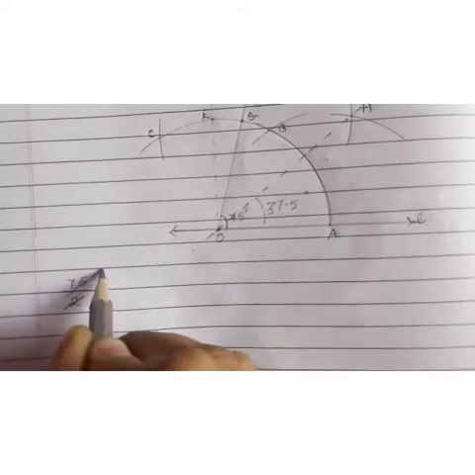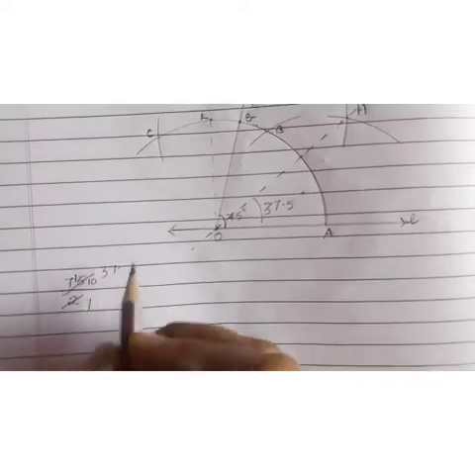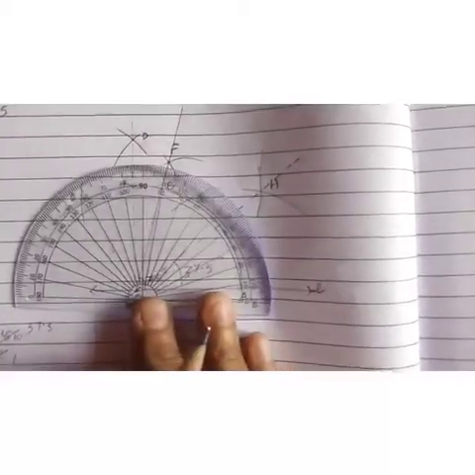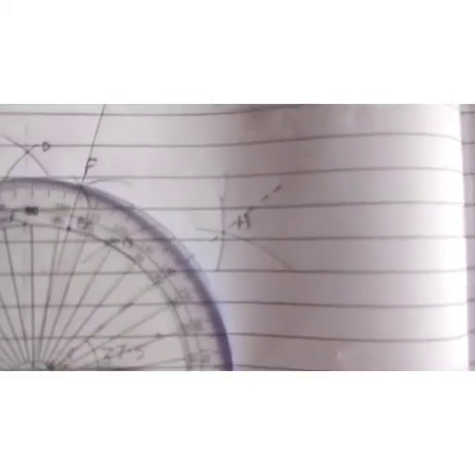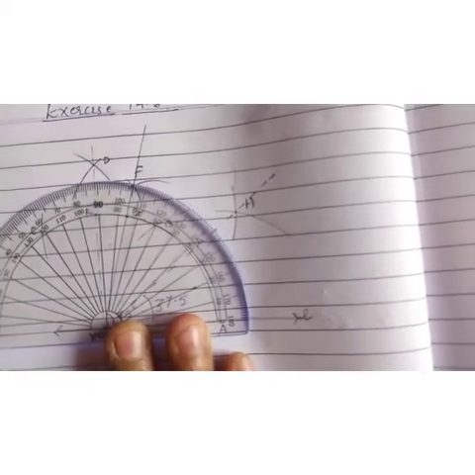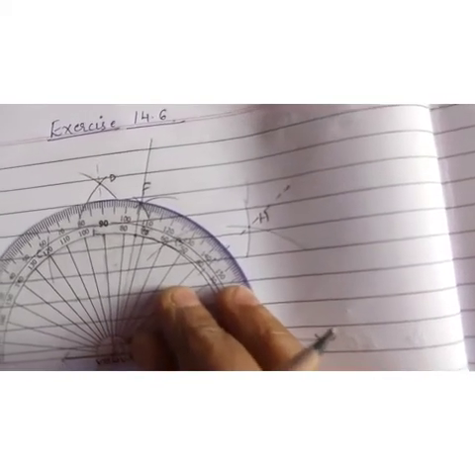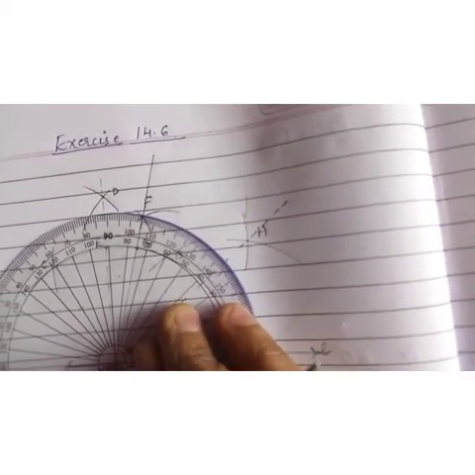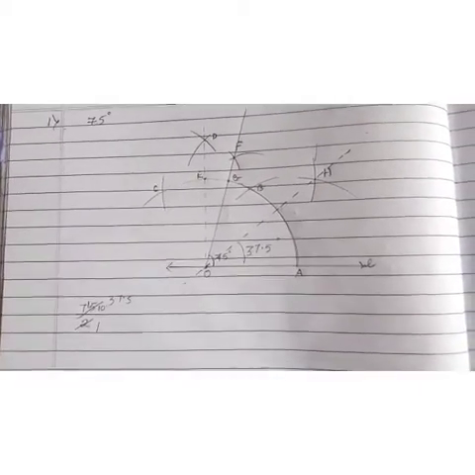2 ones are 2, 2 3s are 6, 1 remainder, 2 7s are 14, 1 remainder, take point, give 0, 2 5s are 10, so 37.5. You can check it with the help of the protractor. Adjust your protractor. So children, I have adjusted and I have checked it as well. I am not finding it easy to show it, but still I will try to show. See here, it is exactly 37.5. So like this you have to construct 75 degrees angle. I hope it is clear.